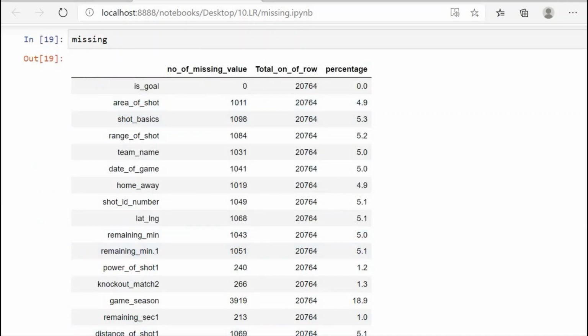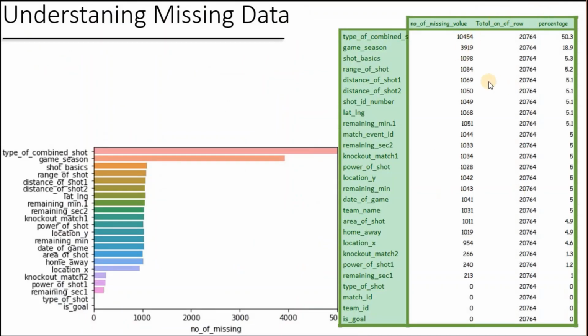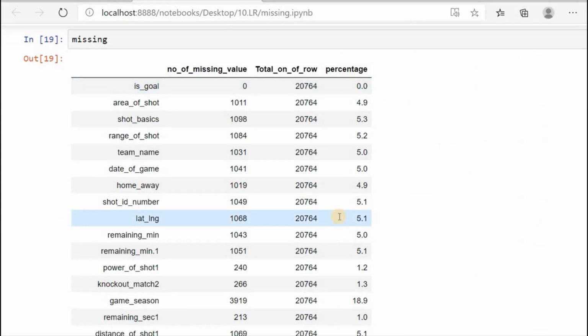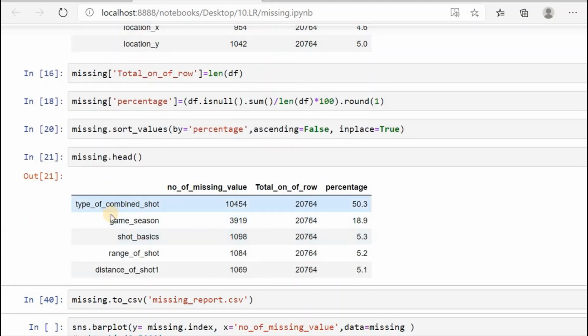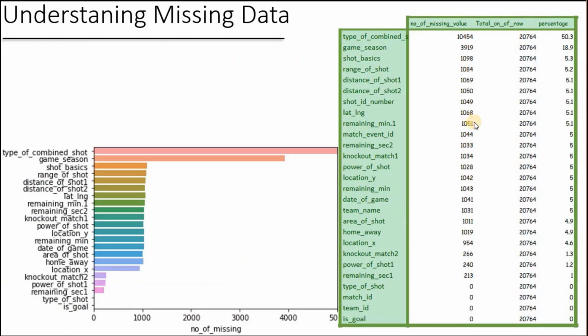So we are pretty much close to the report we have shown here, but we just have to sort the data based on the percentage of missing values. I have sorted the dataset by percentage. So this is the head of the missing table that gives a pretty good report. I have exported this to a CSV file so that I can prepare a better looking report in Excel for my future reference, or if a report of this is required by the clients or something.